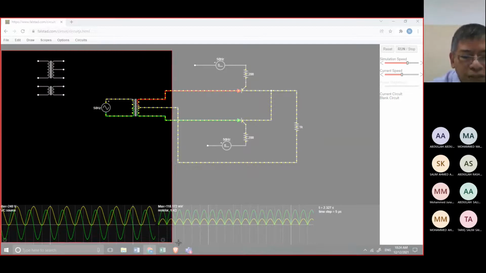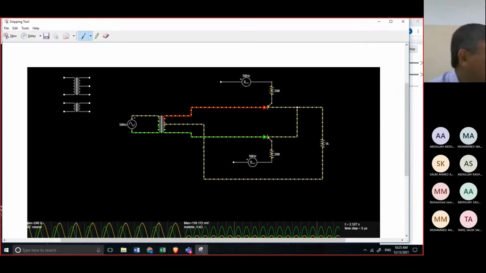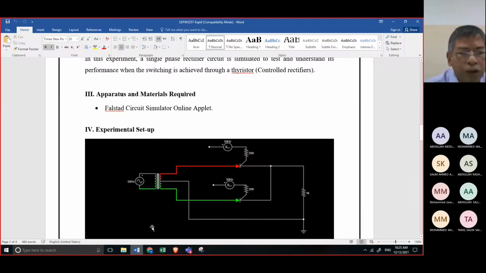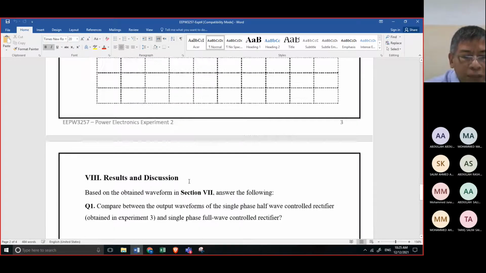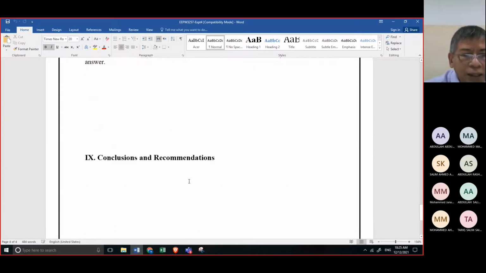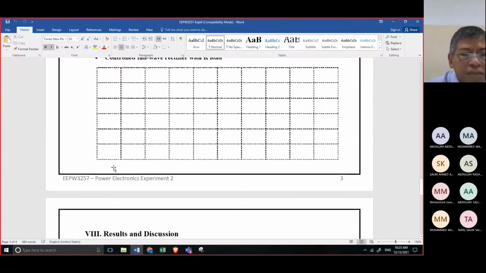I told you I want evidence. It's very easy. I already showed you the output waveform. From here, you just click copy and then go to your report. So this is evidence, actually. Before your discussion, I want that evidence. Even you put it here.